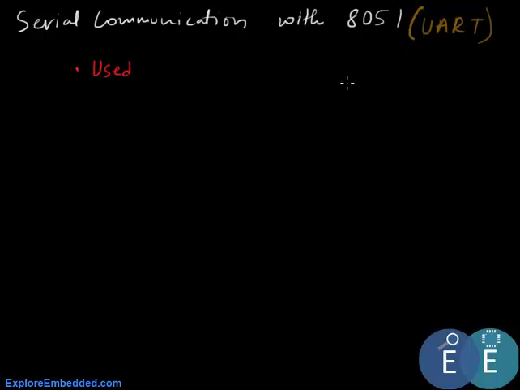Now it comes in very handy in almost all of your projects wherein you want to debug the code, or you want to print messages and see, since a microcontroller does not have anything pre-connected, there is no display as we have on the computer. So when we write code for a microcontroller and we want to debug it, the serial terminal or the UART comes in very handy. We can print a whole lot of messages and see what is exactly happening in the